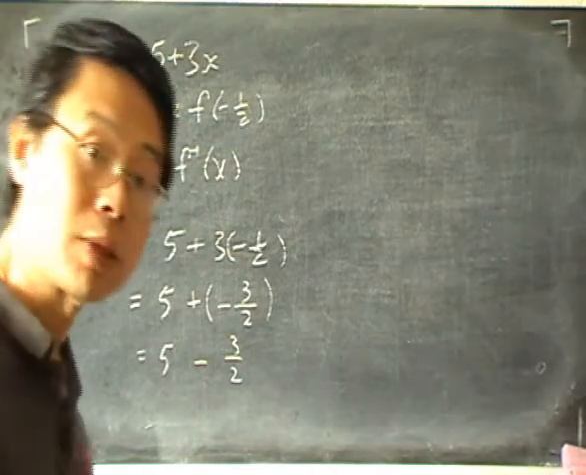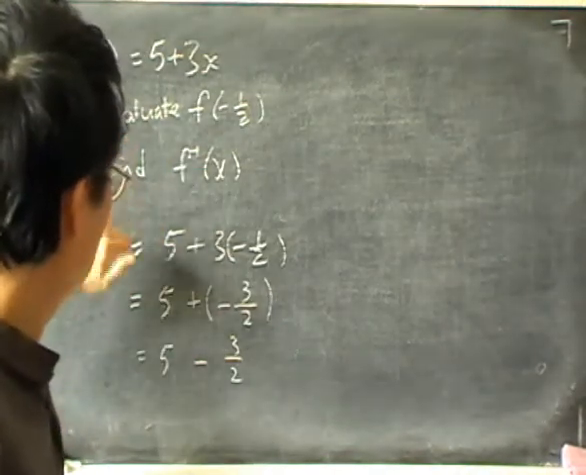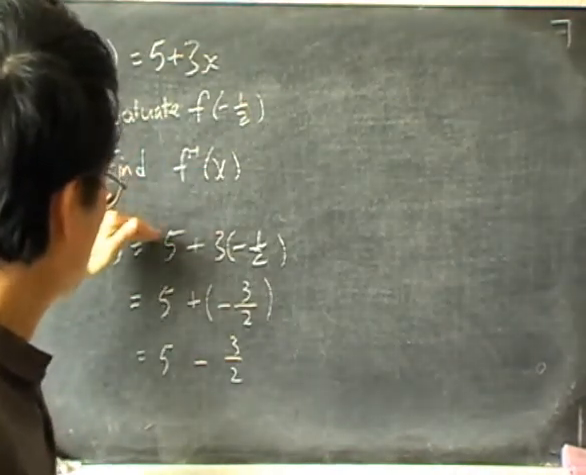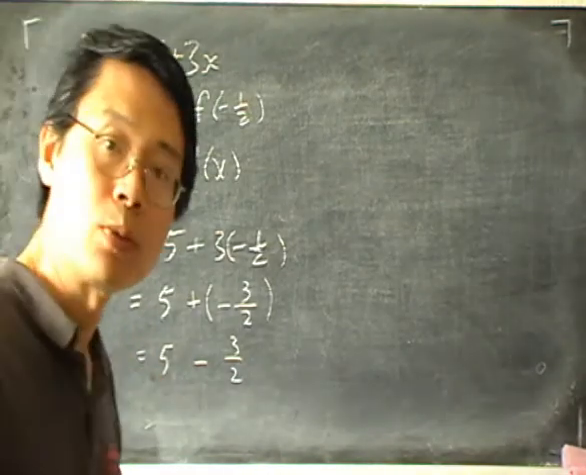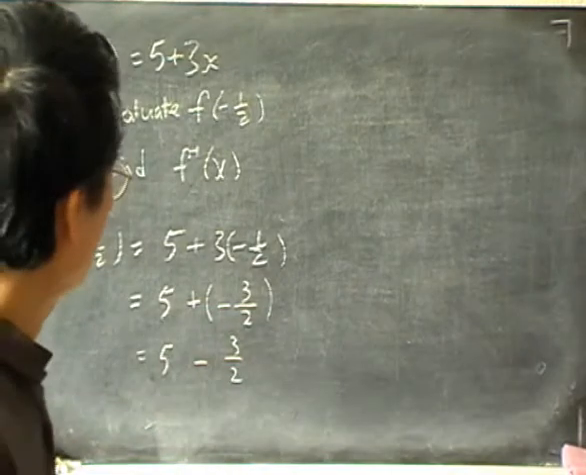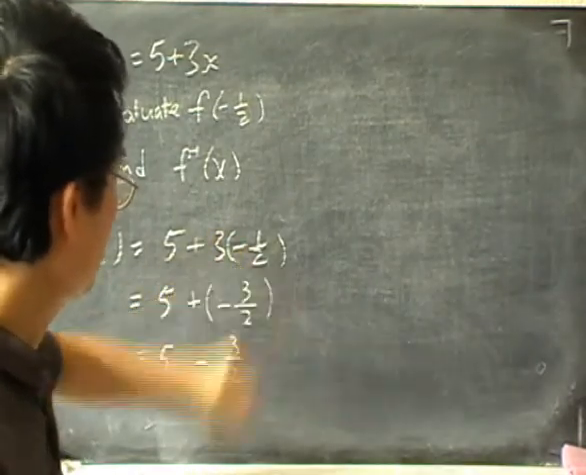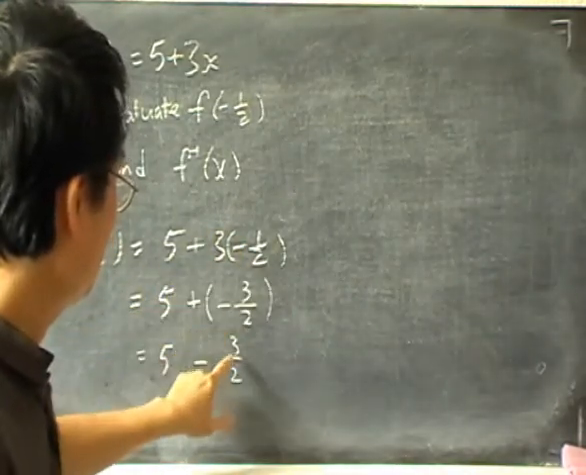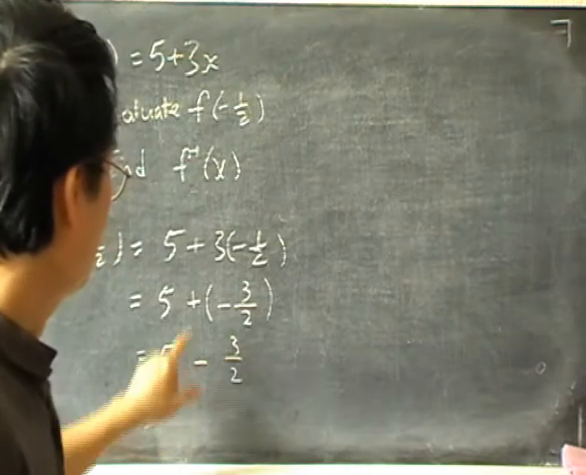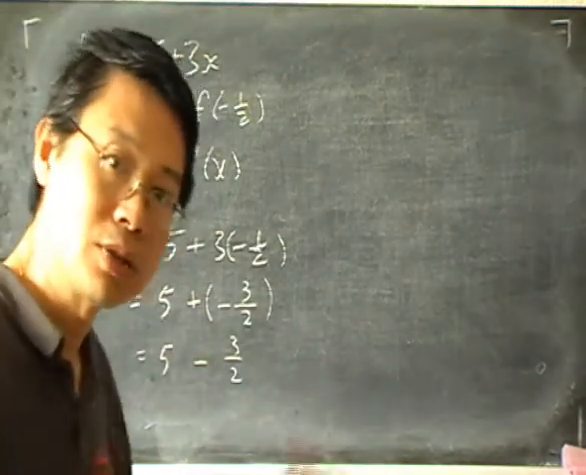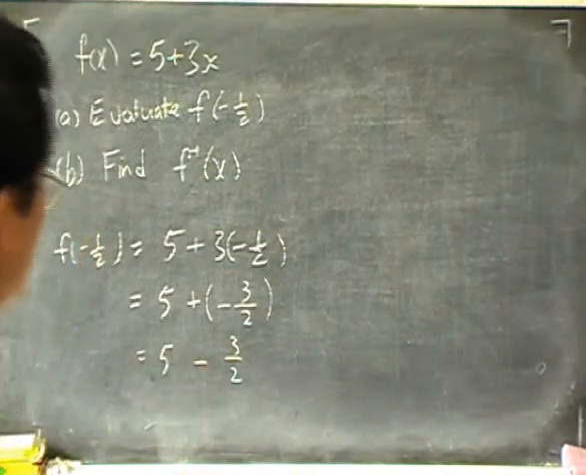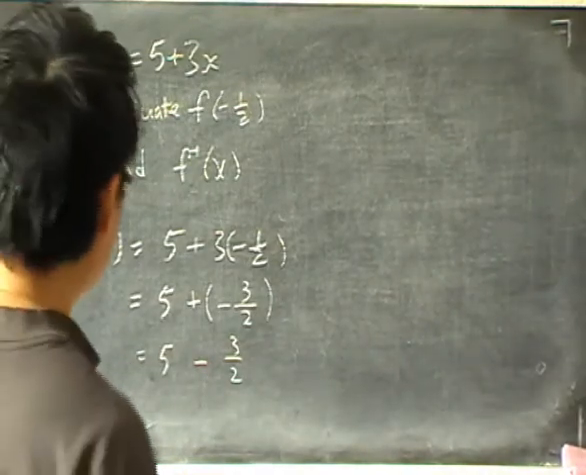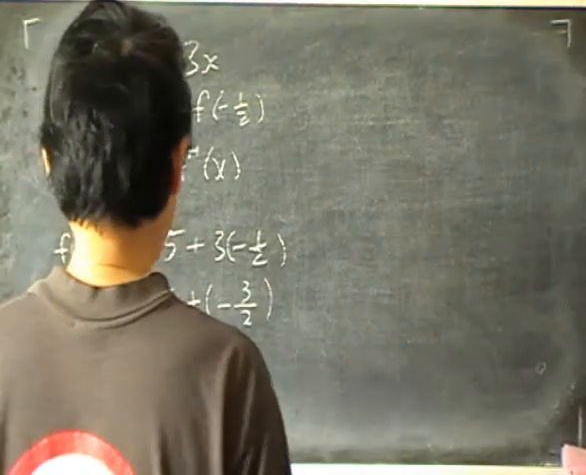And of course, with some practice, you should be able to jump straight from the first step to the last step without going through this. Plus 3 times minus half gives you minus 3 halves, and if you have a plus sign in front, then you can leave that out. So 5 minus 3 over 2. Right. To get this answer,